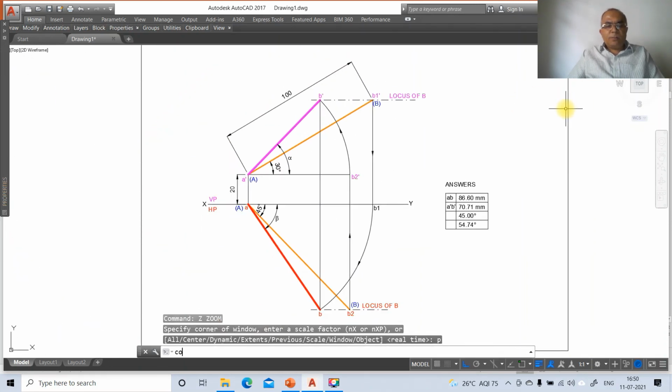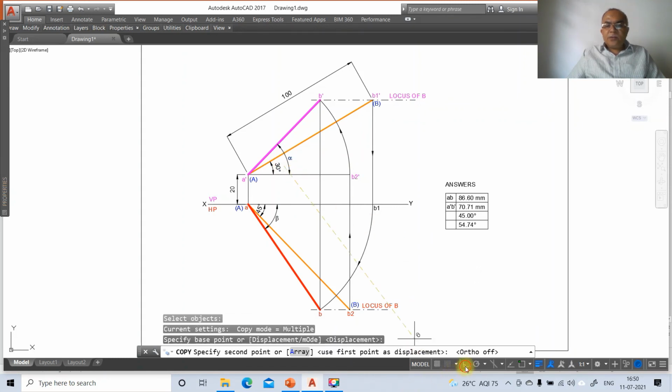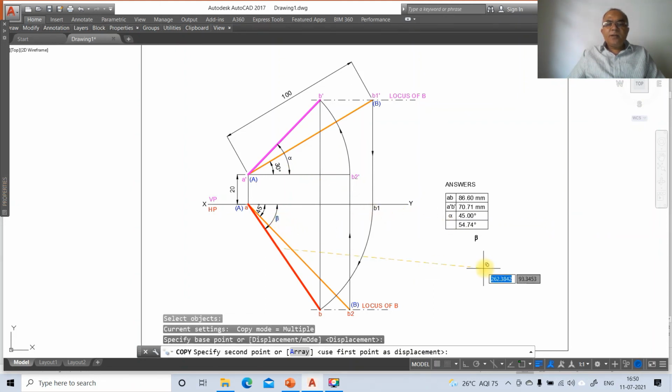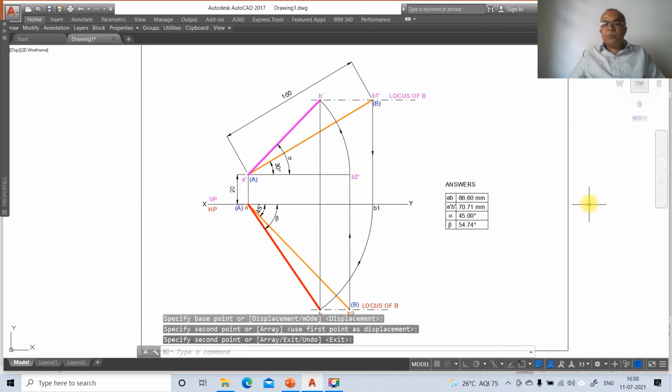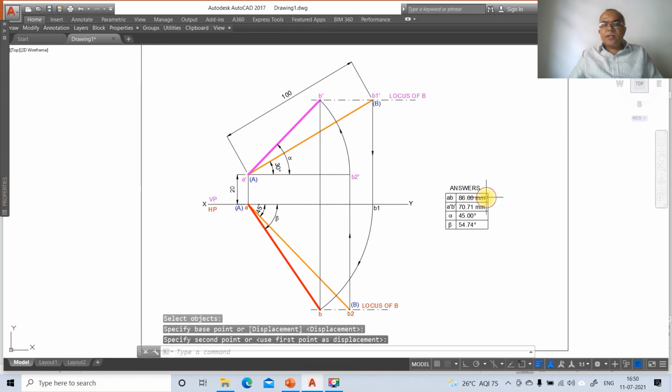So here from this copy, you select this alpha and you come down to this and you place that here. Similarly, beta, from here take this and place it. So this is how you will be able to complete this drawing. Then go to move and you move it appropriately and keep it.